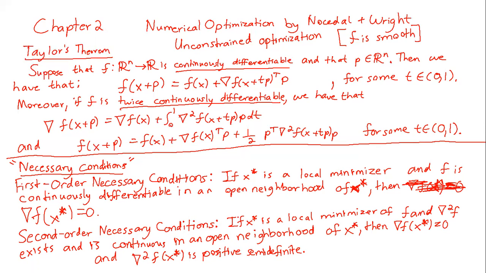We went through this one last time too. So it says if x star is a local minimizer, and if its first and second derivatives exist, if you have this function f that's a function of many variables, then the derivatives with respect to all of the variables have to exist and be continuous in an open neighborhood of x star. Then del f of x star is 0. So this is what we just set up here. It has to meet the first order necessary condition, and also the